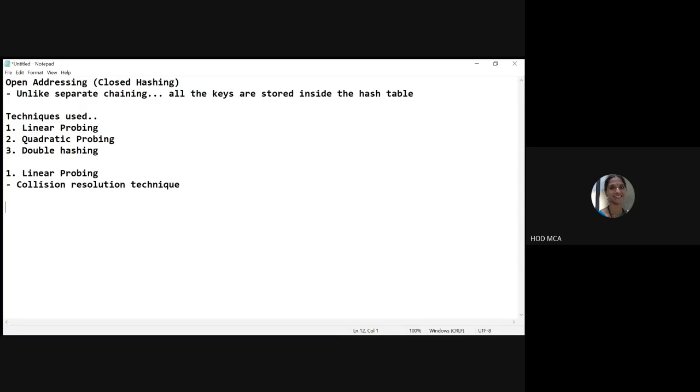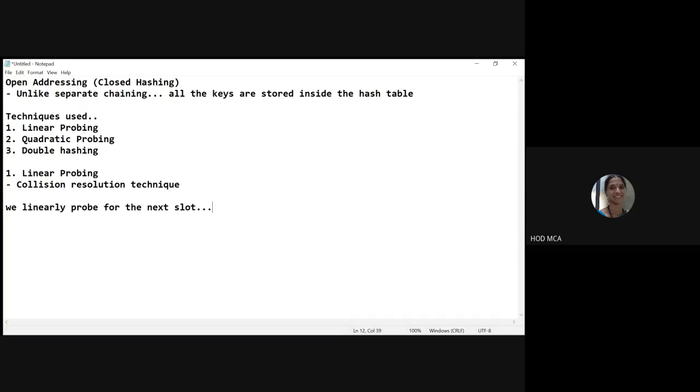Linear probing is one of the collision resolution techniques. Under linear probing, when the collision occurs, we linearly probe for the next slot. Probe means you go on searching, or you try to investigate, you find out.